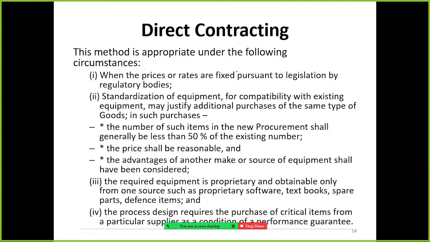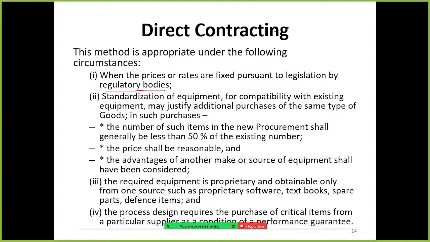This method is appropriate under the following circumstances: when the prices or rates are fixed pursuant to legalization by regulatory bodies. There are some items where the price is the same, so whatever the supplier, the price is the same.